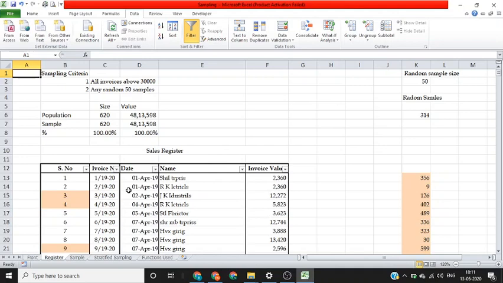Now in this type of random sampling, we don't have control over from which part of the data the samples will be coming. So it may so happen that more samples get selected for lower values and fewer samples get selected for higher values, and you may miss some important data. So to overcome this, you may use stratified sampling or stratified random sampling.